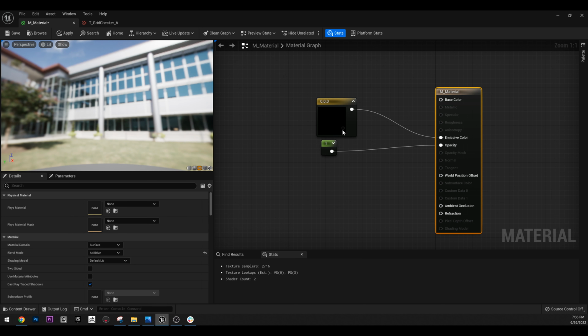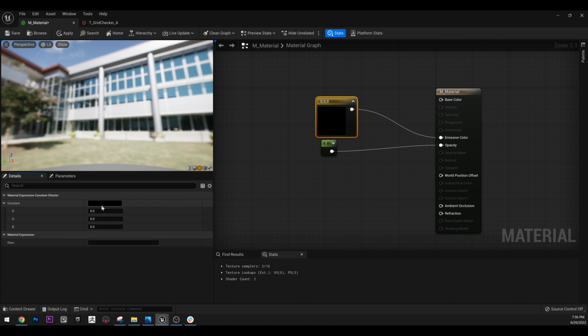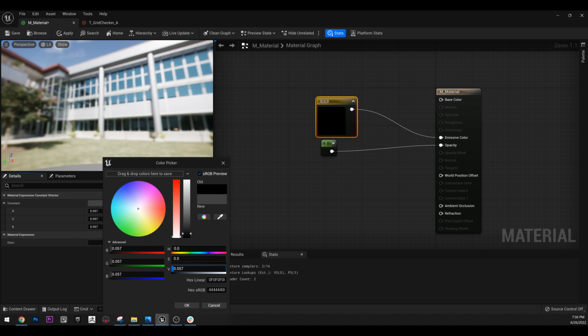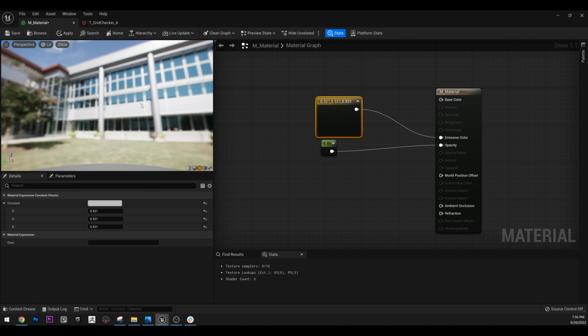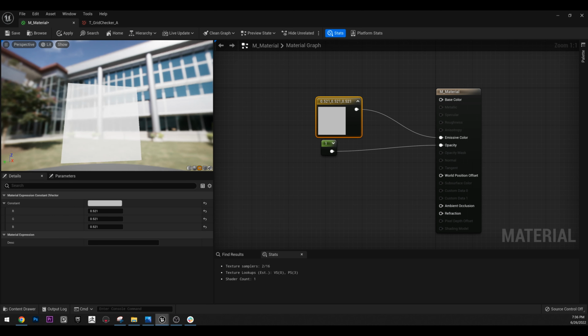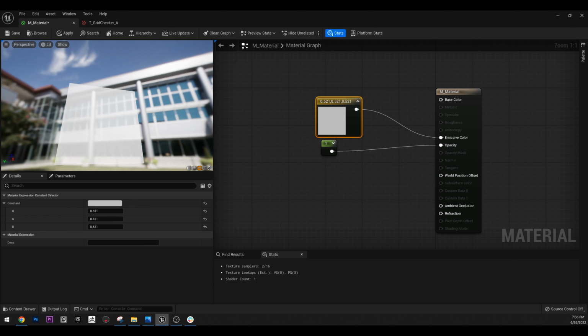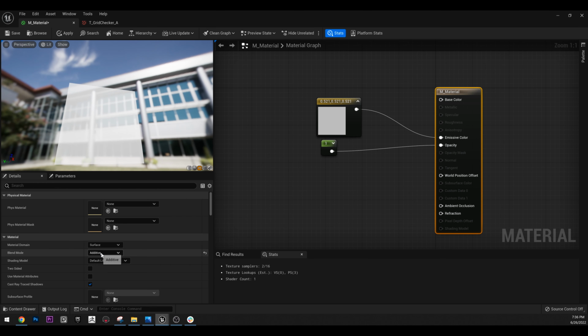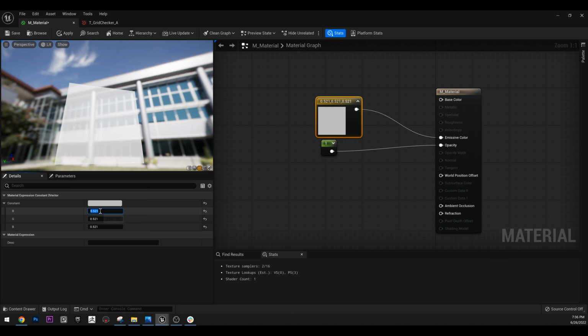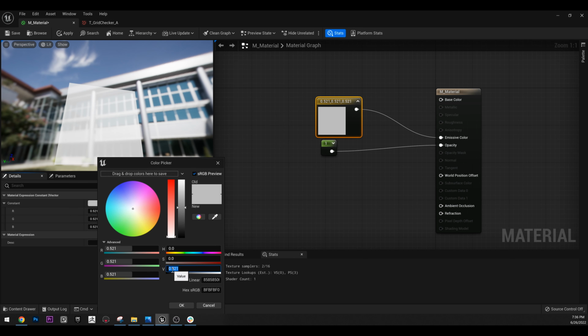To demonstrate this, if I push this to something like 0.5, now we have this color 0.5. You can see it, and we are in additive, just making sure. You can see it. If I push this to, for example,